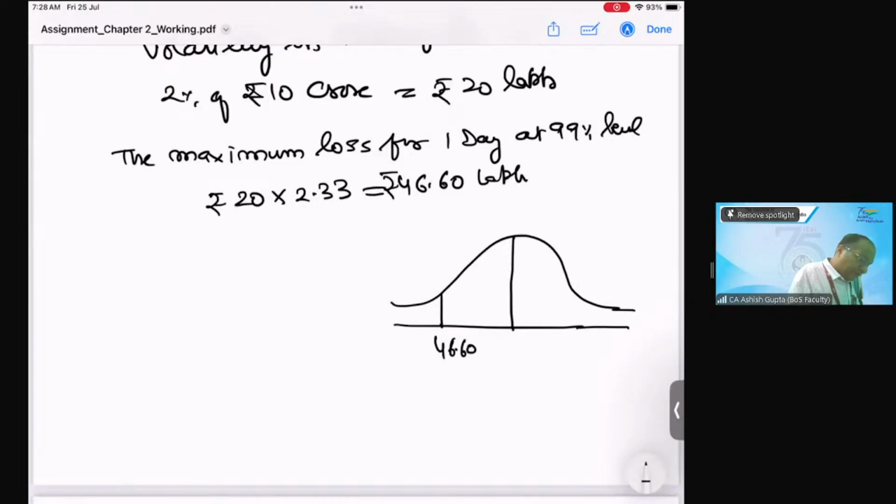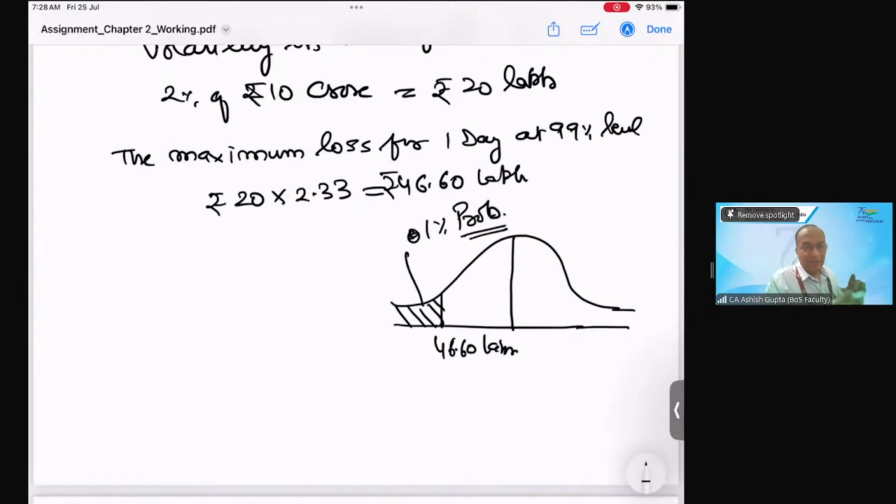This will be the value here. Okay, this is my 1%. It is a 1% probability. I can say it like that. There is a 1% probability that my loss will be more than